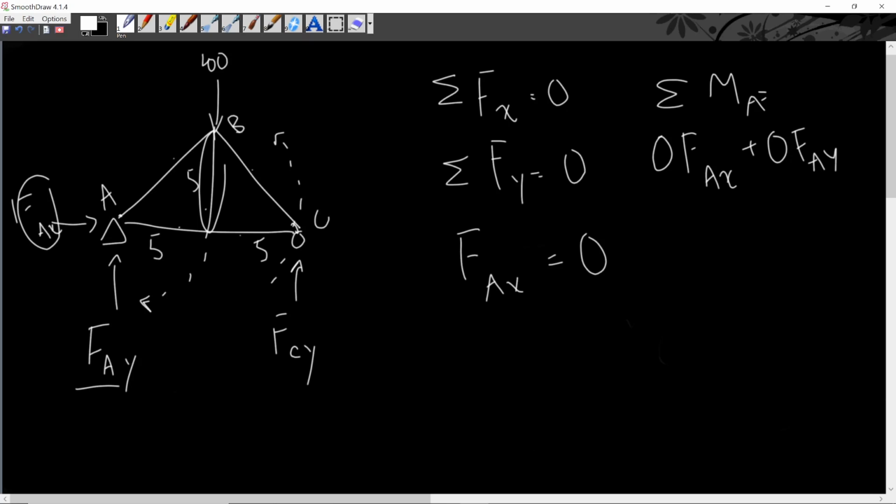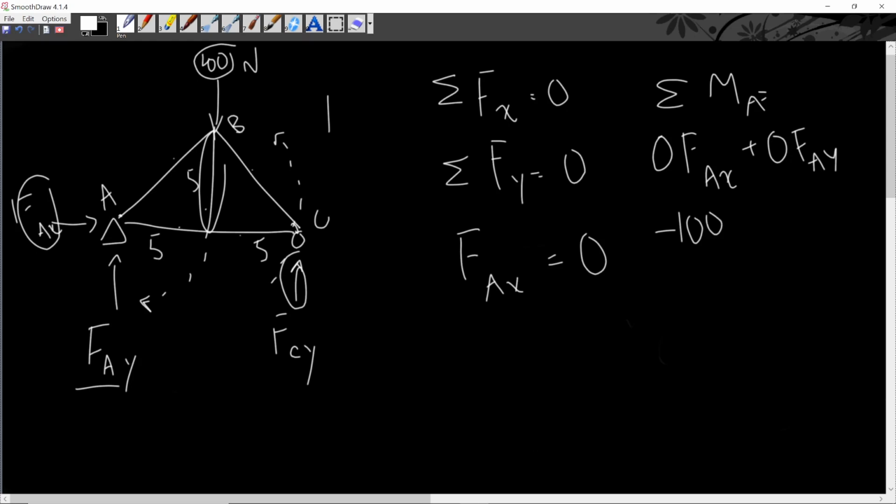So there are two forces that are not of 0 distance from here. So we're going to have 0 times FAX plus 0 times FAY. And so let's start with this 100. This is 100 newtons. This 100 Newton force is coming downwards, right? So you can think of it as moving negative in the up direction, or you could just think of it as moving downwards, because all of our other forces are pushing upwards on this truss. To see the moment about A, you can think of it as moving plus negative 100, or just negative 100 times the